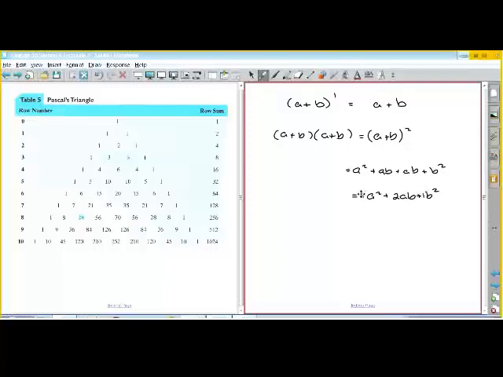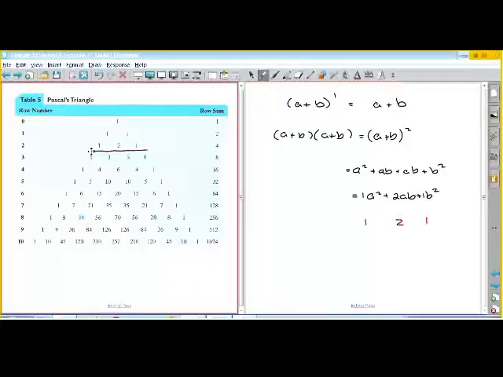So if you look at the coefficients in front of these terms, the coefficient in front of A squared is 1. The coefficient in front of B squared is 1. So the coefficients are 1, 2, 1. Okay. So we go to a Pascal's triangle on the second row and we see 1, 2, 1. So, again, this is kind of using